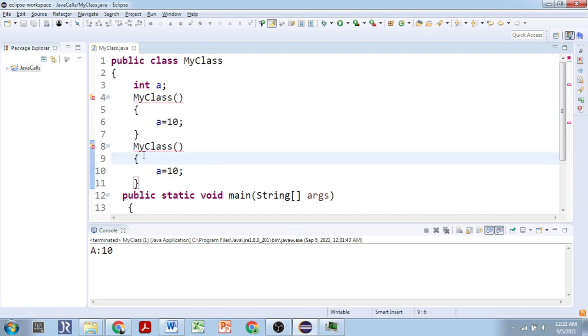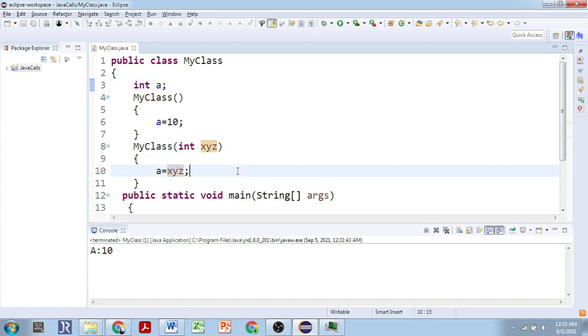It will throw an error. So you definitely have to give some different values here. We'll give XYZ. Now the XYZ will get the value. The XYZ variable's value will be assigned to the variable A. Yes. So this is the default